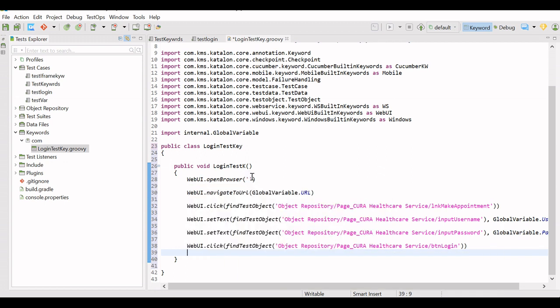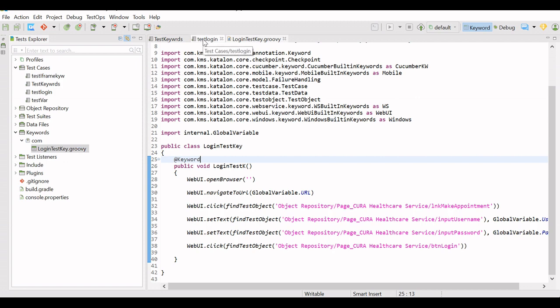I have added open browser, navigate to URL, click the make appointment button, enter the username, password, and then click the login button. So this is our method, but this is not called a keyword unless you add the annotation as keyword. Then this will be called the keyword. Our keyword is ready. Keyword has an extension of .groovy.